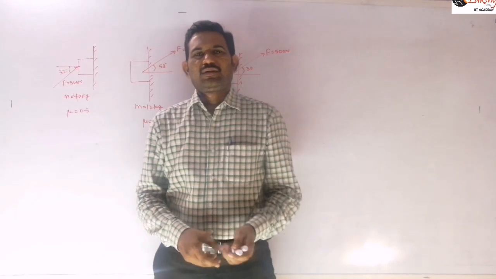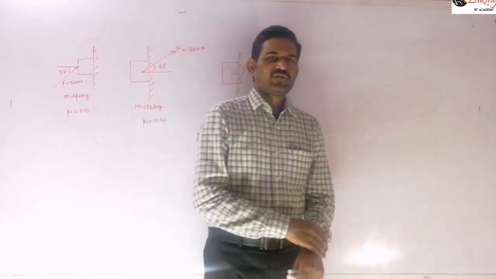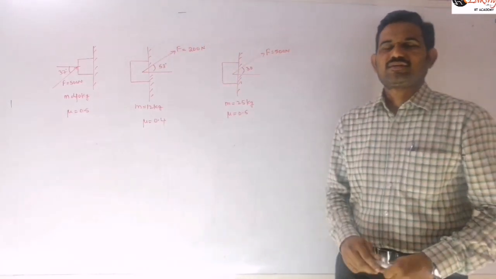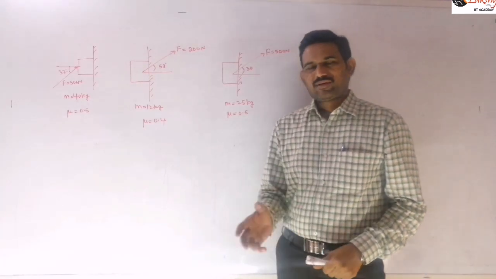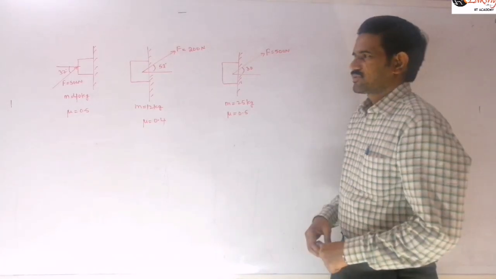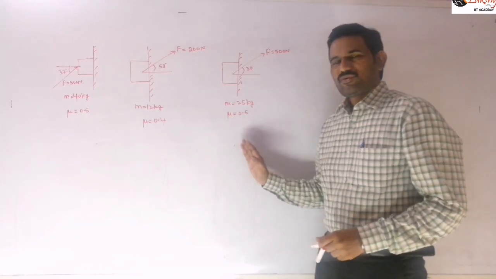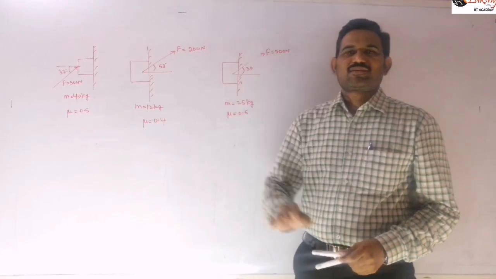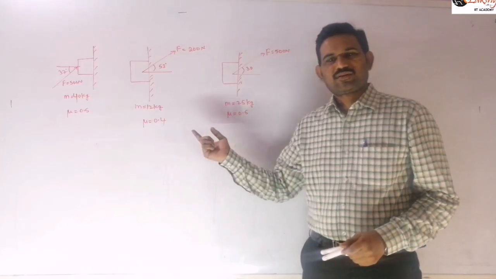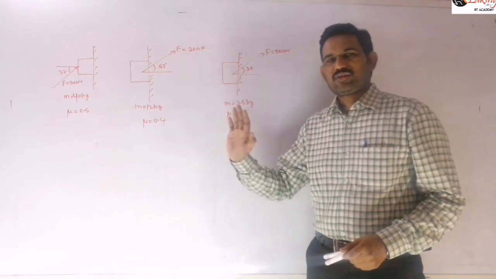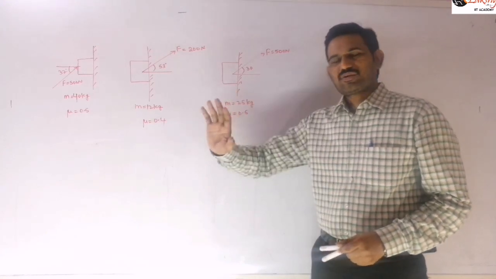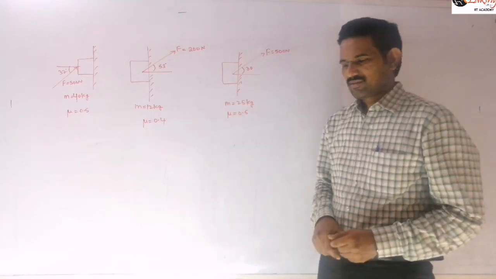So in the last class, we discussed friction on the vertical surfaces. We discussed the theory based on that, and now let us see a few problems based on friction on the vertical surface. I am giving some problems here with the concepts we discussed in the last class. You can solve these problems. Try those problems. These are simple only. They are purely based on the concept we discussed in our last class, right?